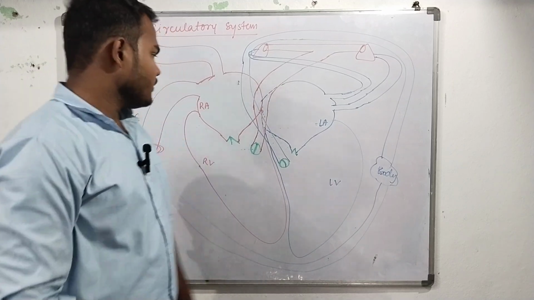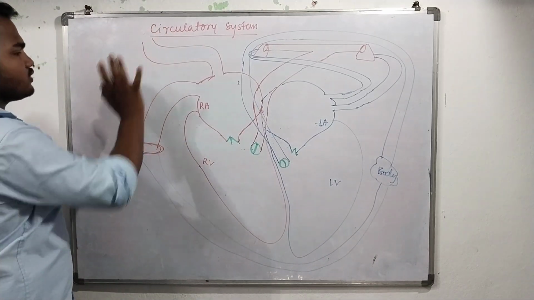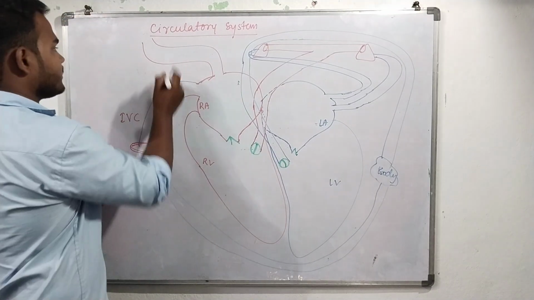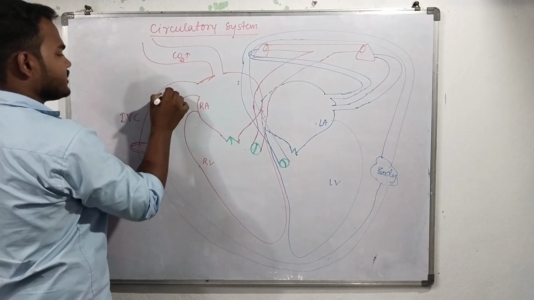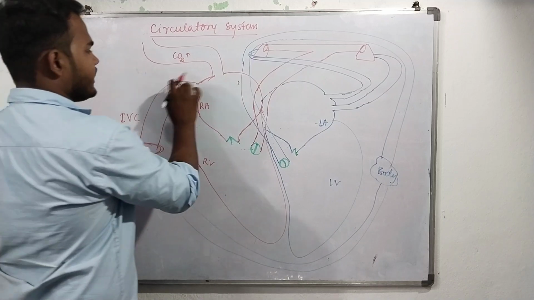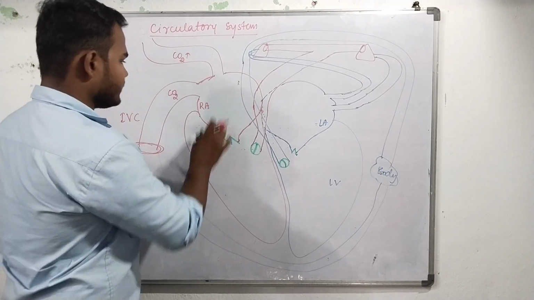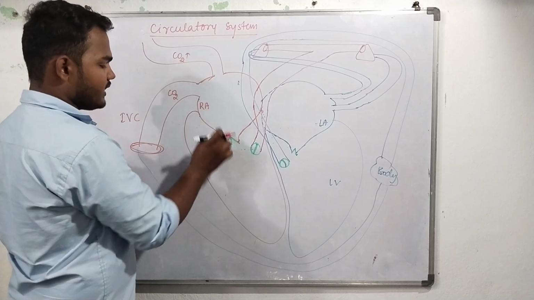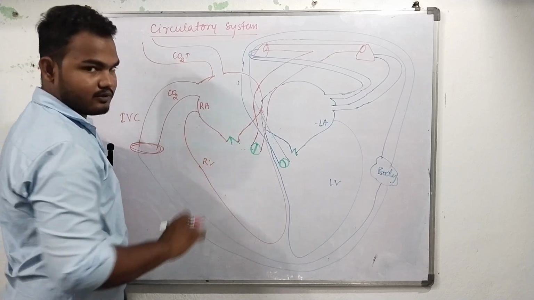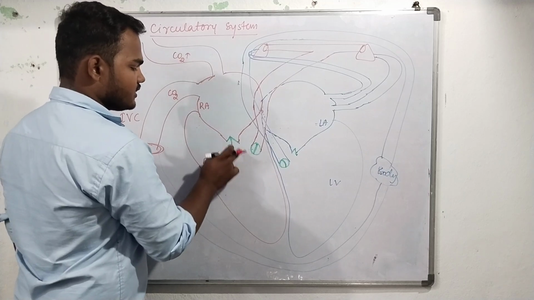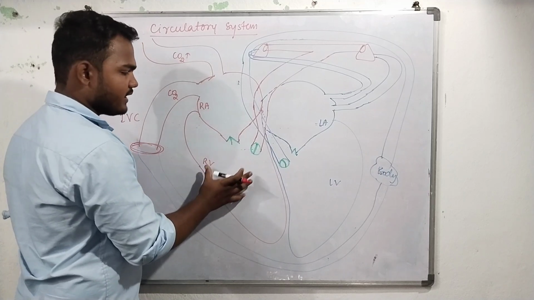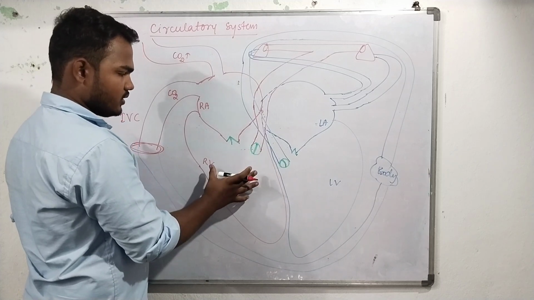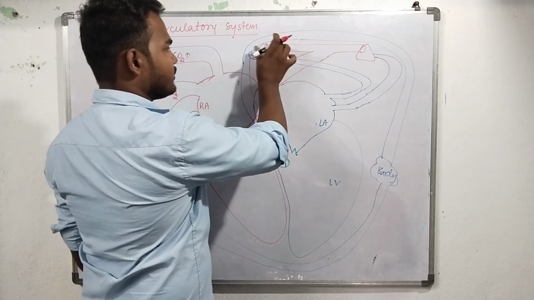Let's recap here. First, the blood which comes from the inferior and superior vena cava into the right atrium is deoxygenated. It means the carbon dioxide is rich in this blood. From right atrium, the blood goes to the right ventricle through the tricuspid valve. Then there is a contraction of the right ventricle, and the blood present in this chamber goes to both the lungs,